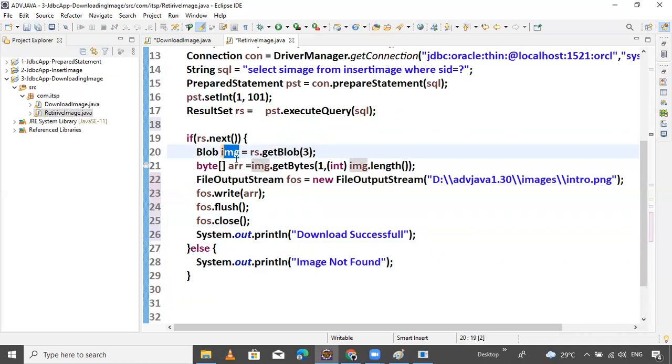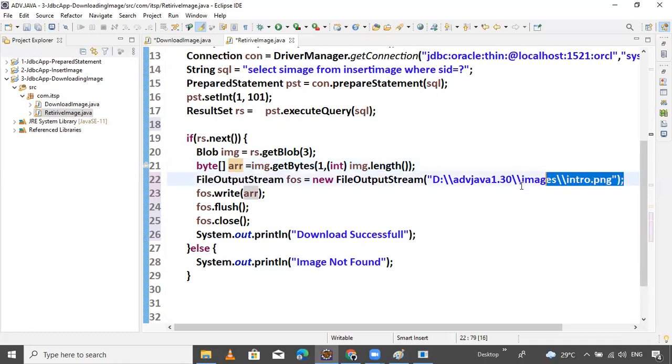Getting the blob data from the image blob column. I want to get the length. Suppose we have 10 bytes of data inside; I want all 10 bytes, so using the getBytes method we store them inside the array. We need one file to write the binary data into.